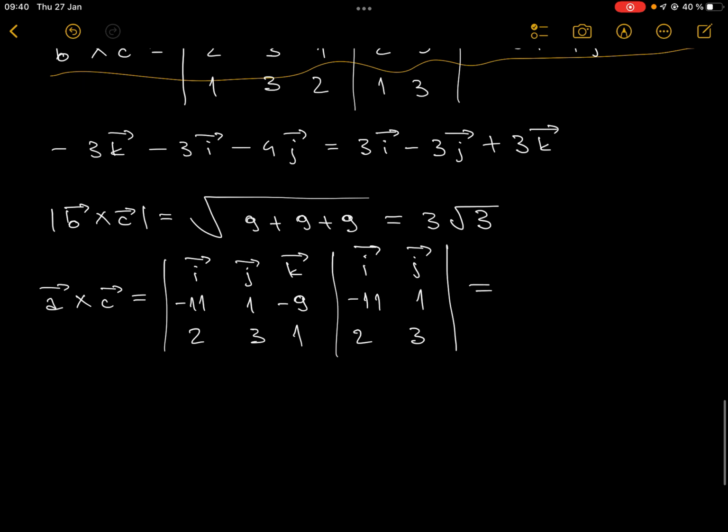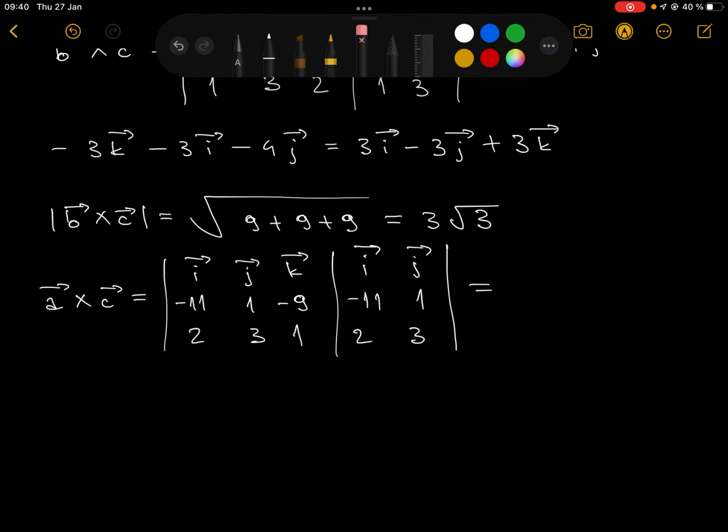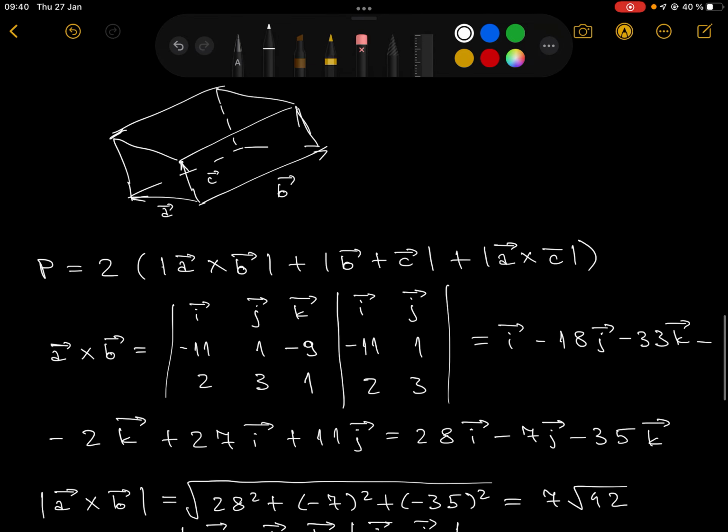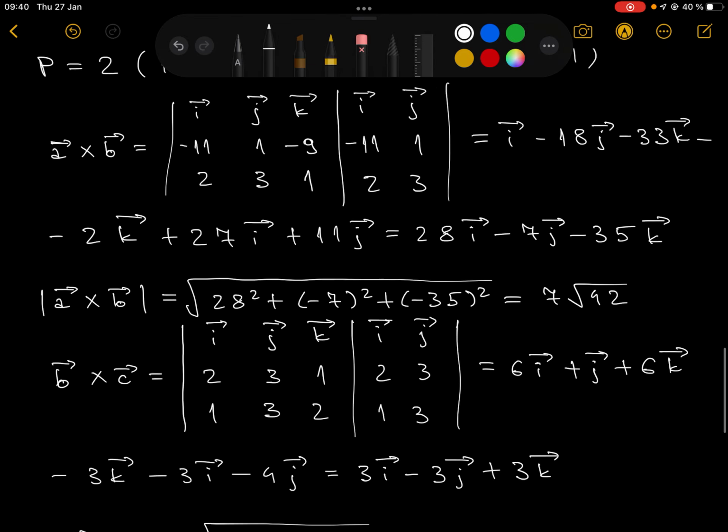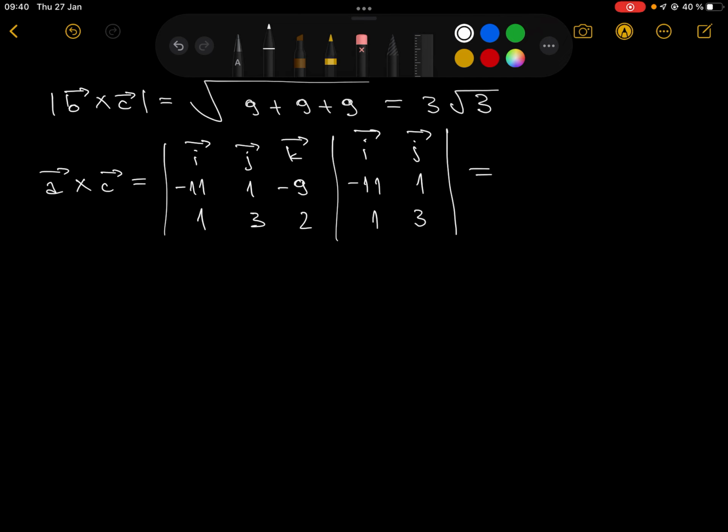C is actually equal to 1, 3, 2, sorry. So we're going to get